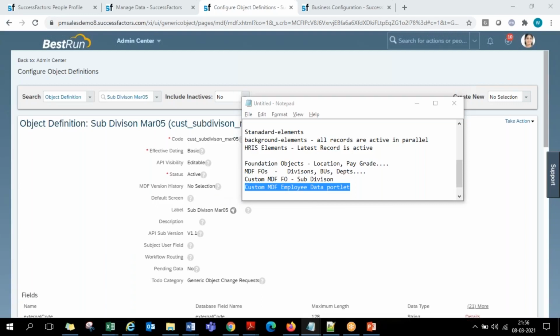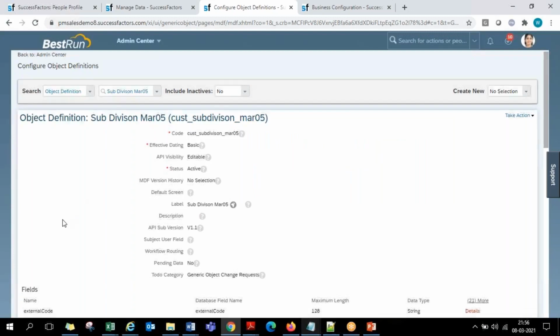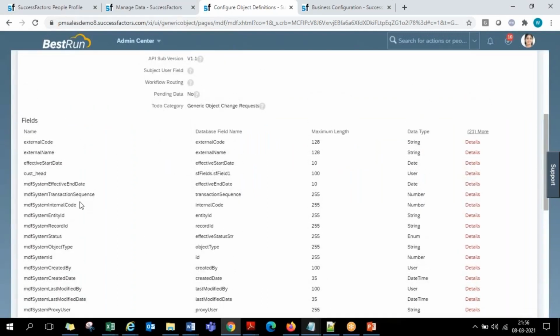If you just do a Control F search for the word internal, it will automatically bring you to this one, MDF system internal code. So now we need to first create the objects, and if there is bulk, then we need to insert all these things in the CSV file and upload, right?